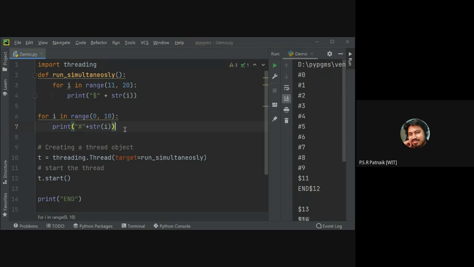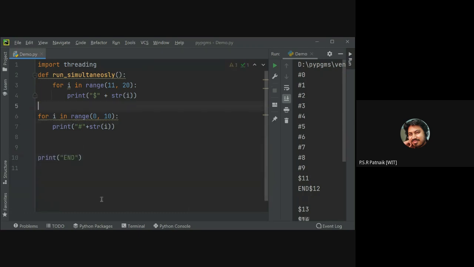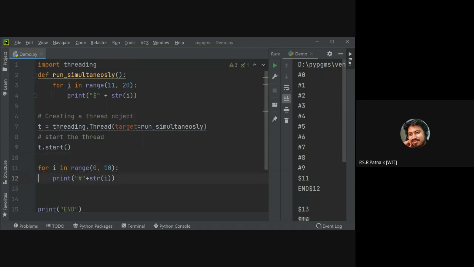Why? I have used the thread, but still they are not running in parallel, because of an improper way of writing my logic when I want to execute threads in parallel. So can you tell me what I need to do? Either you start this thread first and let it exit. So it starts, then control comes back. In the meantime, it starts running that, and you also get this running. So now, if you execute this code,